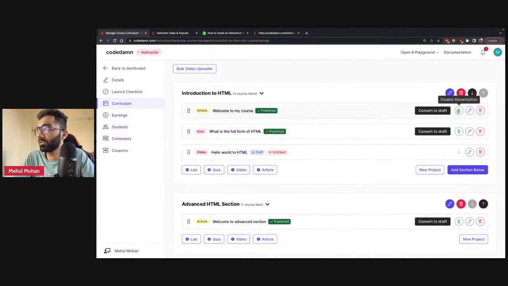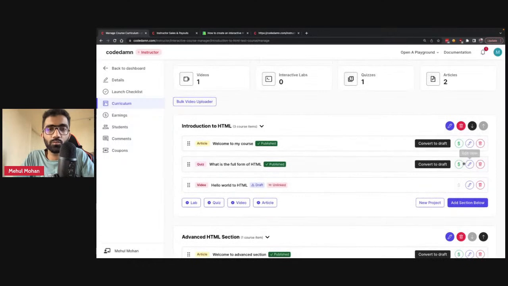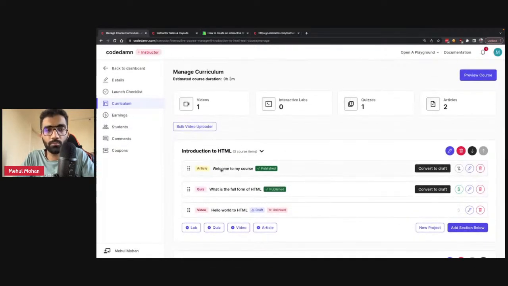Another thing which I want to talk about is this monetization icon. So you see, you can disable monetization for a few items. Now I don't recommend doing this for paid courses. You can use this for the first few items in every section. So let's say you want to disable monetization for this particular course item. The moment you disable this monetization, this particular course item is available to everyone. Even if this is a paid course, you can make this a preview for your course, right? That welcome to my course is available to everyone, even those who have not bought the course.